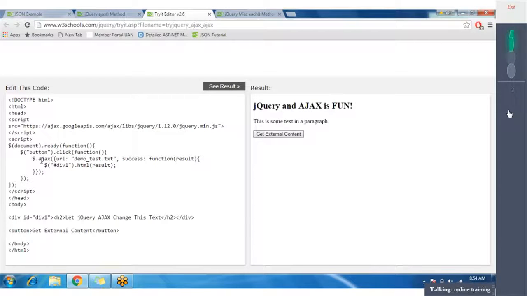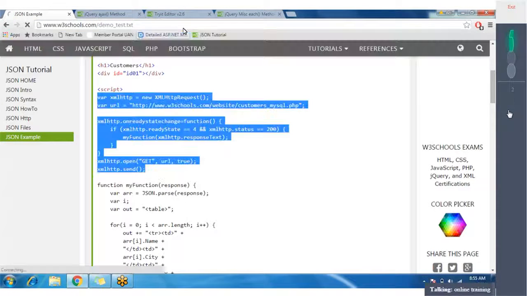So with the help of ajax, here it is expecting some parameters, the url. So it is doing the same thing that we were doing with the help of load, right? So it is loading the content from this txt file. Okay, it must be inside the jQuery.